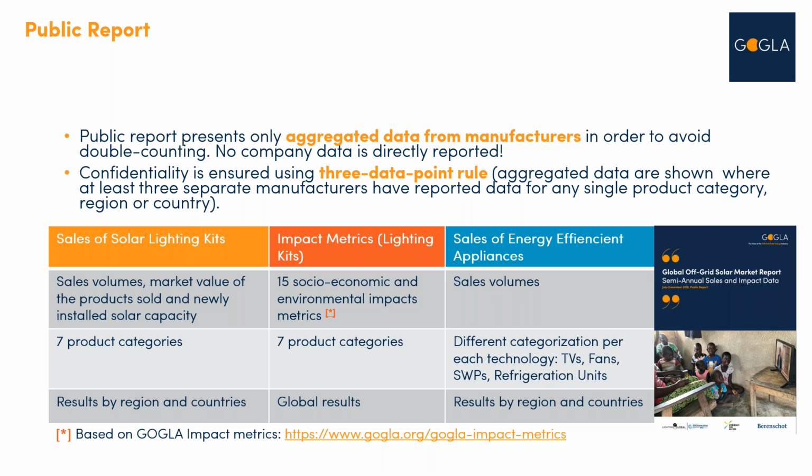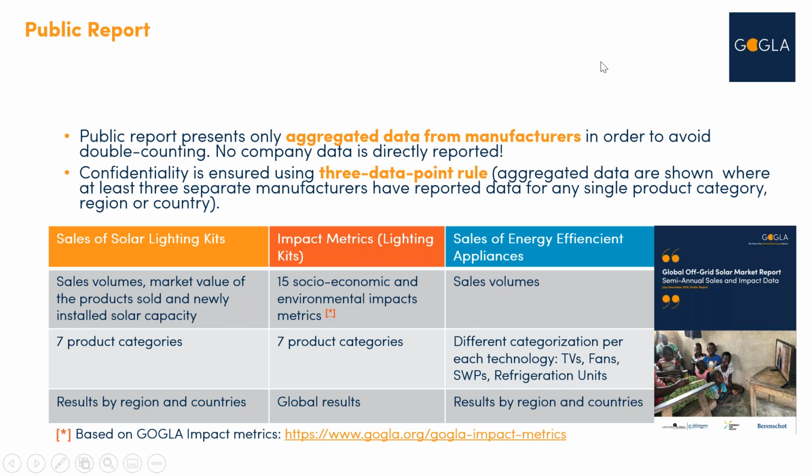And we also make sure that every data point shared must be reported by at least 3 different manufacturers. That would mean that if there are different size televisions reported in a country and only 2 companies report one size of television, one company reports another size, then we do not share any sizes of television data. We just would say one figure for all televisions sold in that country. So if that makes sense, that's a very straightforward way of how we protect confidentiality.